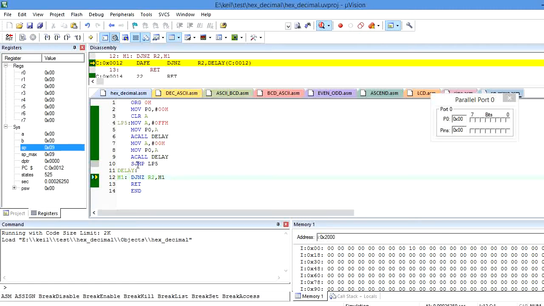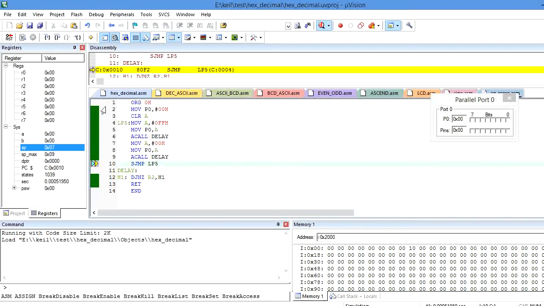So it will switch from the main function to the delay function in order to execute it, because I have to maintain the logical low value for a certain amount of time. That is why I have to use the delay function. In order to come out of the delay function, I have to use step out here, so that it comes back. And then SJMP LP5, that is the loop name here. Again it will come back here, because I need to generate the next cycle of the square waveform.